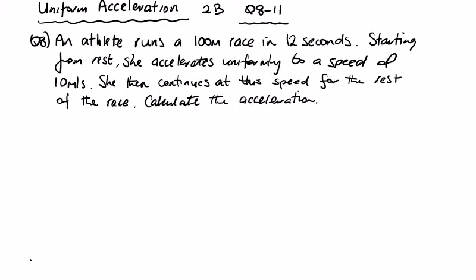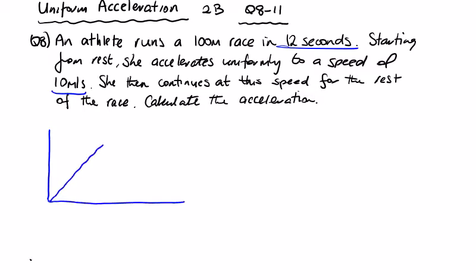In this video, we're going to look at questions 8 to 11 in exercise 2b. We're told that an athlete runs a 100 meters race in 12 seconds. Starting from rest, she accelerates uniformly to a speed of 10 meters per second. Calculate the acceleration. Okay, well, if we do a time velocity graph here,